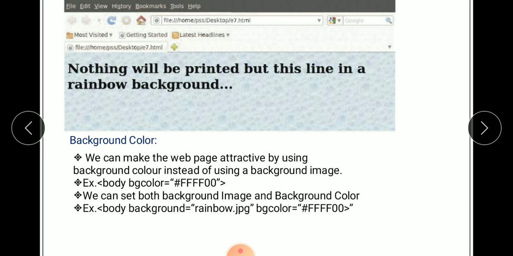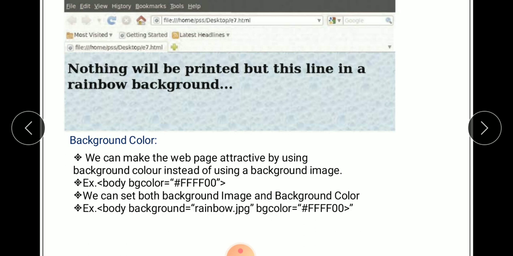All these three sets of digits have a range from 00 to FF, that is from 0 up to 255, making a total of 256 values. The combination of red, green and blue values from 0 to 255 gives more than 16 million different colors: 256 times 256 times 256.